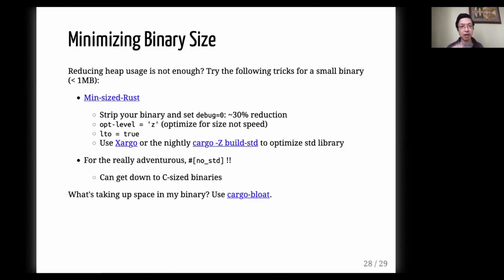Finally, you might be like, Evan, reducing heap allocation is great, but I want to actually make my binary smaller. You should check out the cargo bloat crate. This will analyze your Rust binaries and figure out where your space is being used. But there are tons of ways that you could actually reduce it. You could get down to really, really small, like well below megabyte binaries. You can check out this. And by the way,